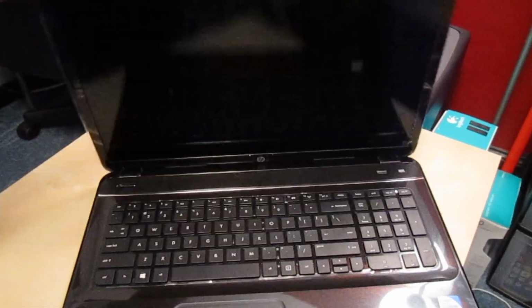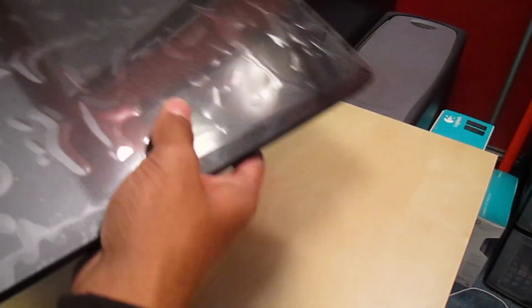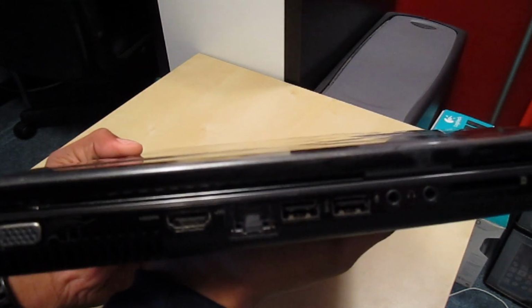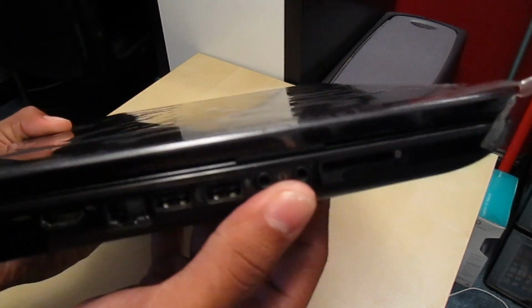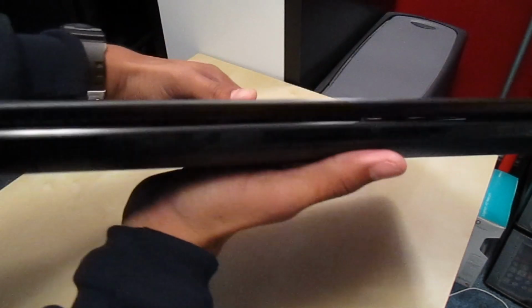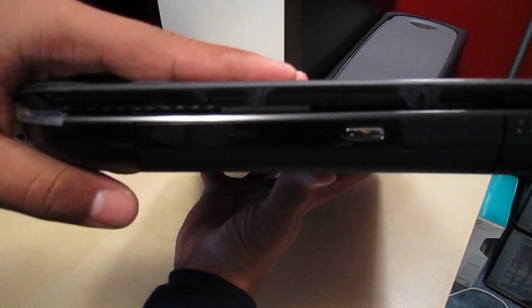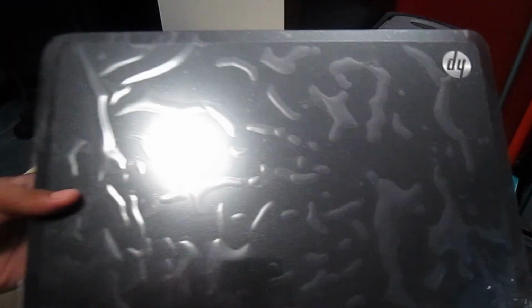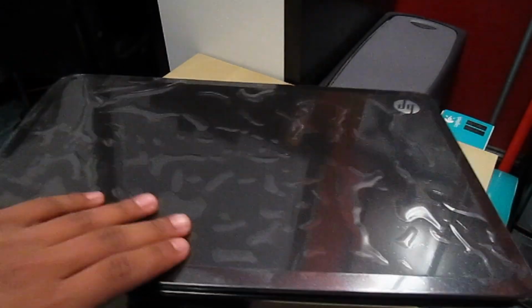Let me go over the ports on the side. It's got your VGA, HDMI, Ethernet, 2 USBs, your headphone and microphone, and a card reader right here. The front is plain, basically nothing on it. You got your CD slot here, CD drive, and another USB port, and your charging port right here, and a Kensington lock. Here's the front again, with the protector on it. The back,